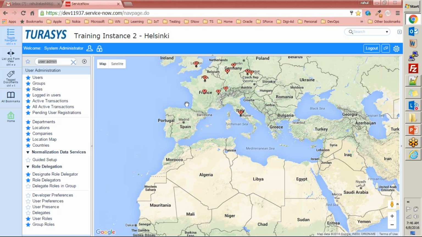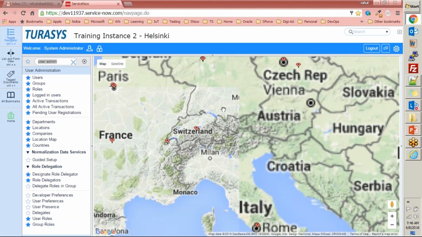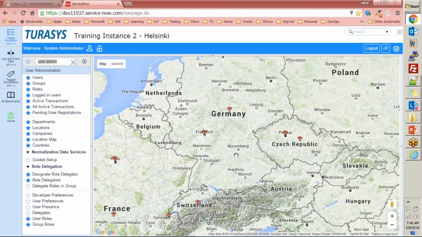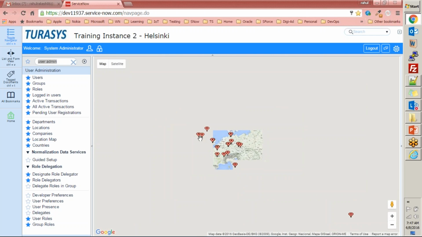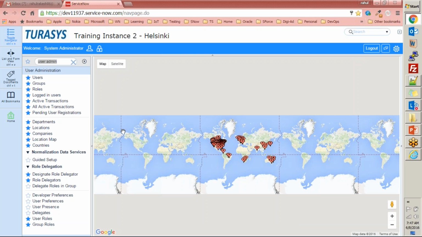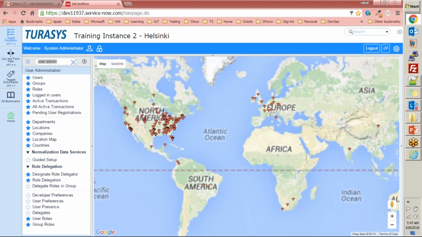So if I go ahead and create more locations, like I am into, let's see what this location is, in Germany. It's in Frankfurt. If I go ahead and Nuremberg. So if you go ahead and create a new location, right, that location should come into this location map as a pin, right? So you can go ahead and try this, create locations and see on the location map if it appears or not, right?